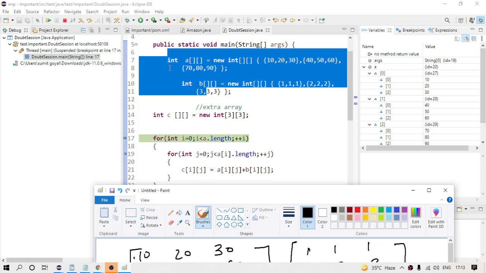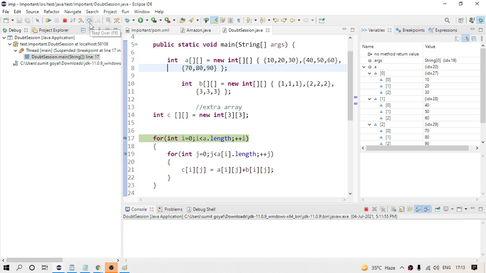So if you click this, i equals to 0, condition true, because the length will be total 3. So 0 is less than 3, condition true. Now again the condition will become true. What will be the length of this? A of 0. This is our A of 0.